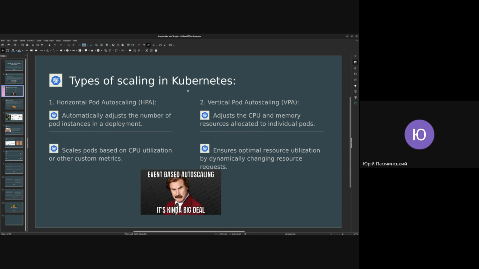ones in Kubernetes. Let's check what horizontal pod autoscaling means. For now, in our project, we use horizontal pod autoscaling. It automatically adjusts the number of pod instances in a deployment, and it scales pods based on CPU utilization. Vertical pod autoscaling is more